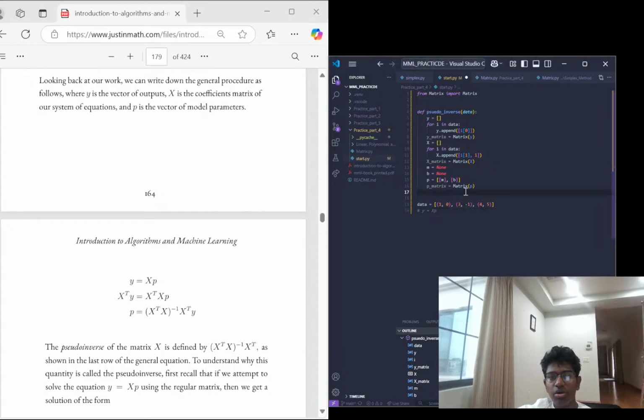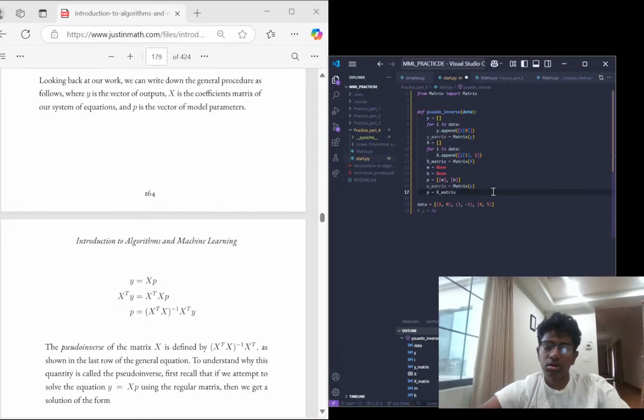So now we know how we find p. Actually, we don't even need this whole p matrix thing, because we can basically say p equals